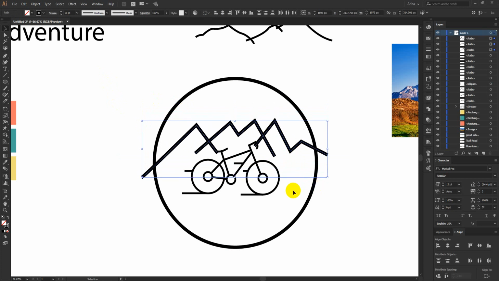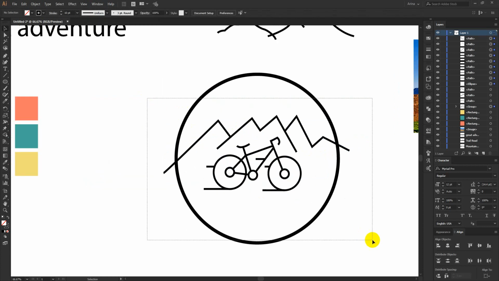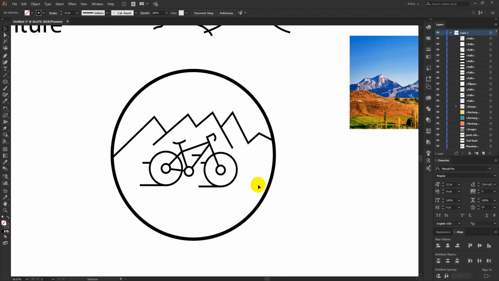Okay, so this is going to be the same size as this cycle. Now taking my shape builder tool to erase some unnecessary parts. Okay, for this one here I am going to use my shape builder to erase these parts. Okay, so this is now my final mountain design.